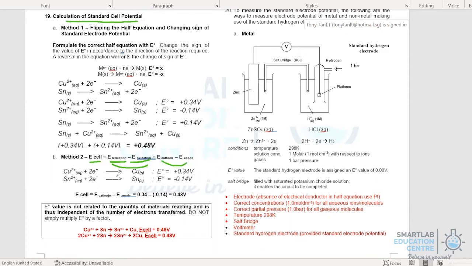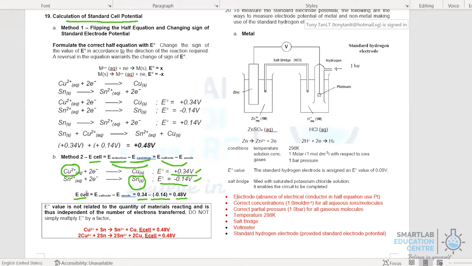So let us take a look at an example. These are the two half equations that we have. Clearly, in this case, the left-hand species of the half equation with a higher standard electrode potential value will undertake reduction, while the right-hand species of the lower standard electrode potential value will undertake oxidation. So in this case, Cu2 plus will reduce and Sn will oxidize to form Sn2 plus. And the standard cell potential will now be 0.34 minus 0.14,